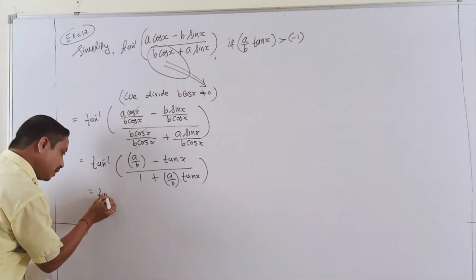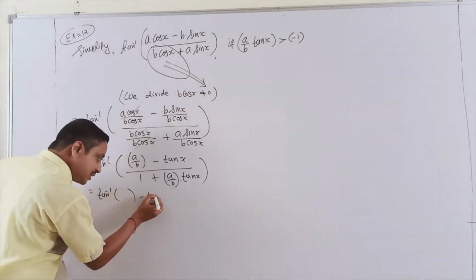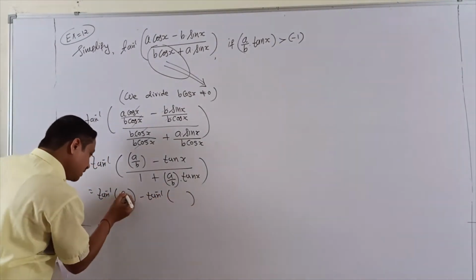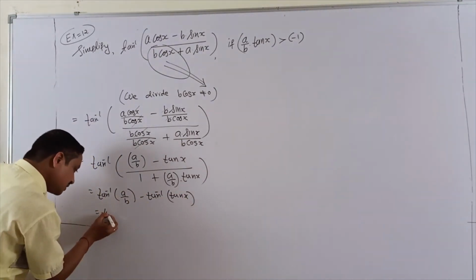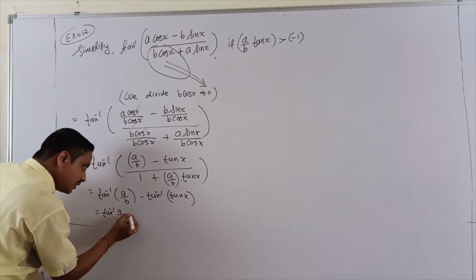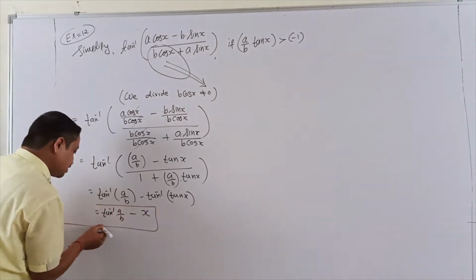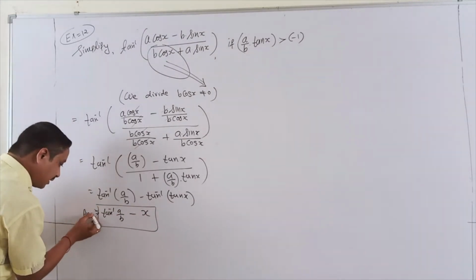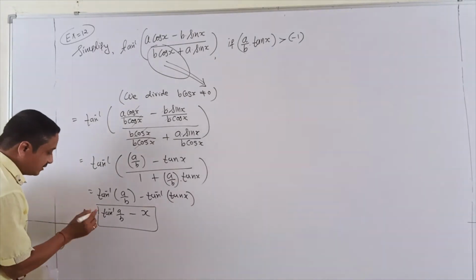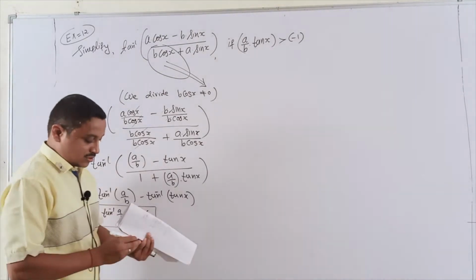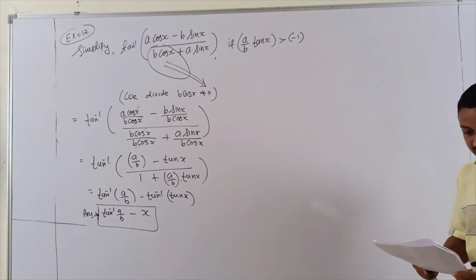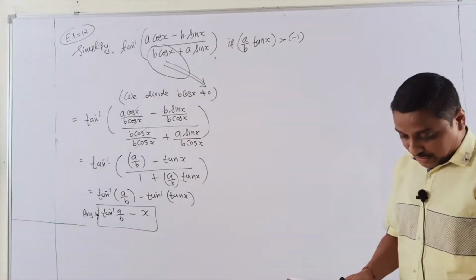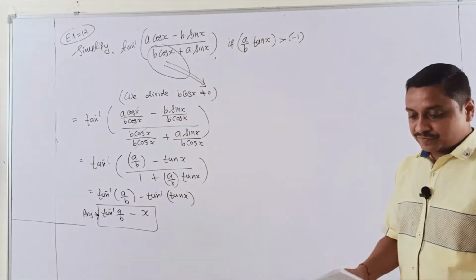What is the property? Tan inverse a minus tan inverse b. That is a by b. We get tan x. Finished. Tan inverse a by b as it is, and here only x. That much. Our last answer. And finally done. You finish this sum: tan inverse a by b is equal to x. And example 12, students, is done here.